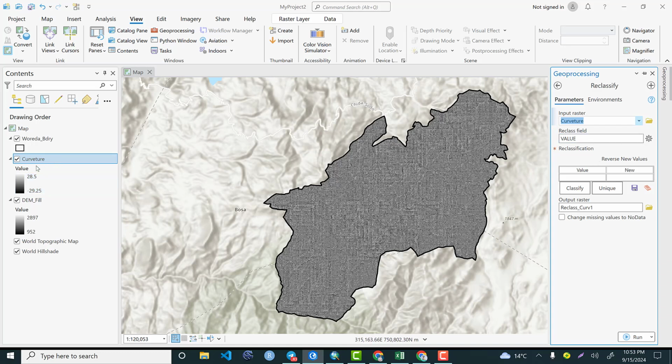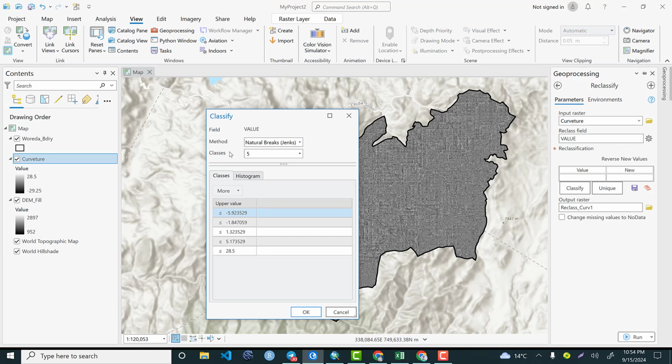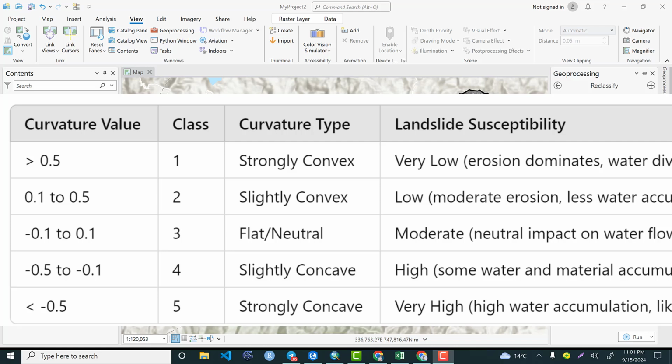So this value indicates this stretch value. Each pixel has its own value. So click classify, and I would like to classify based on my threshold and the number of classes that I want to reclassify my raster data is 5. As I have told you earlier, the curvature value ranges between -29.25 up to 28.5, and this raster value should be classified into 5 categories, and based on our threshold, if our value is less than -0.5, that means if